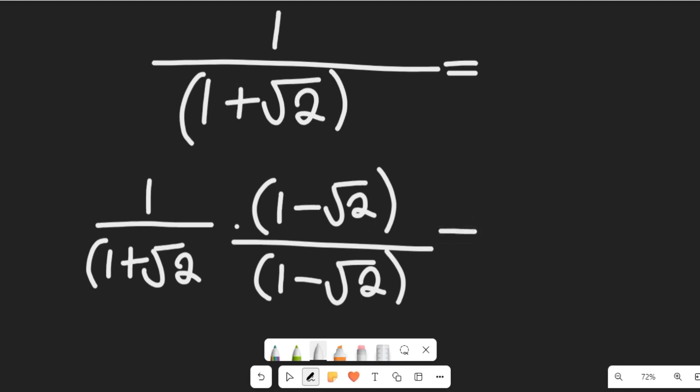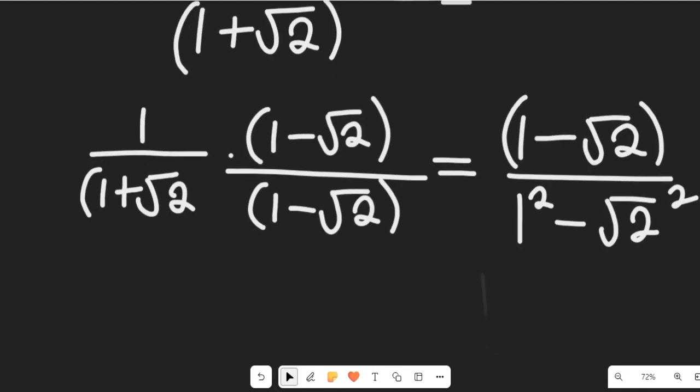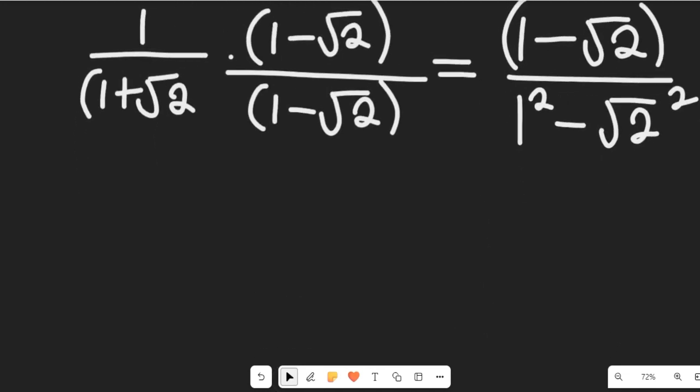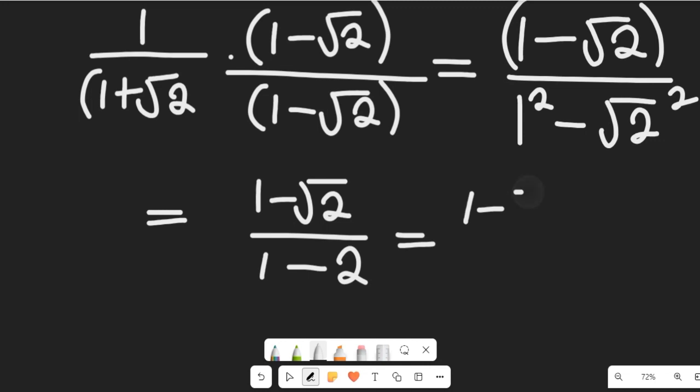So if we multiply this, the numerator will now become 1 minus root 2 divided by 1 squared minus the square root of 2 squared. Since it's a difference of two squares, this becomes 1 minus root 2 divided by 1 minus 2. And this is going to give us 1 minus root 2